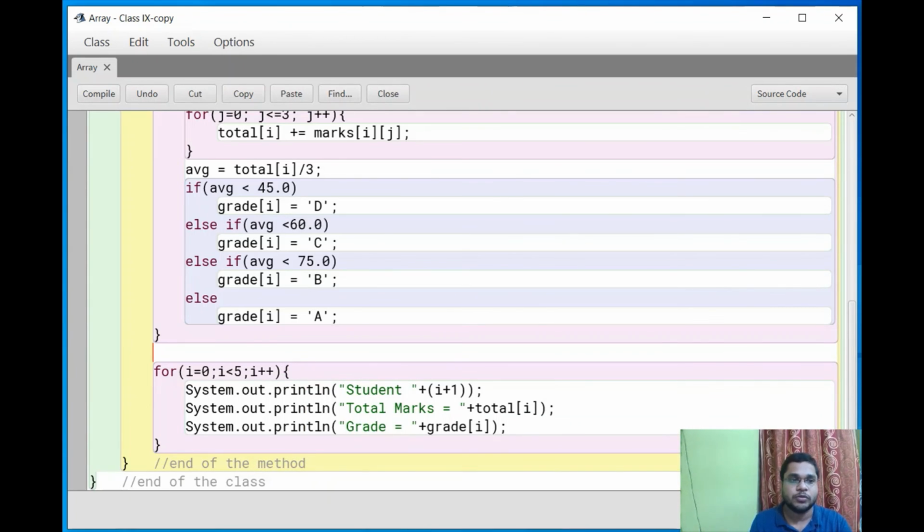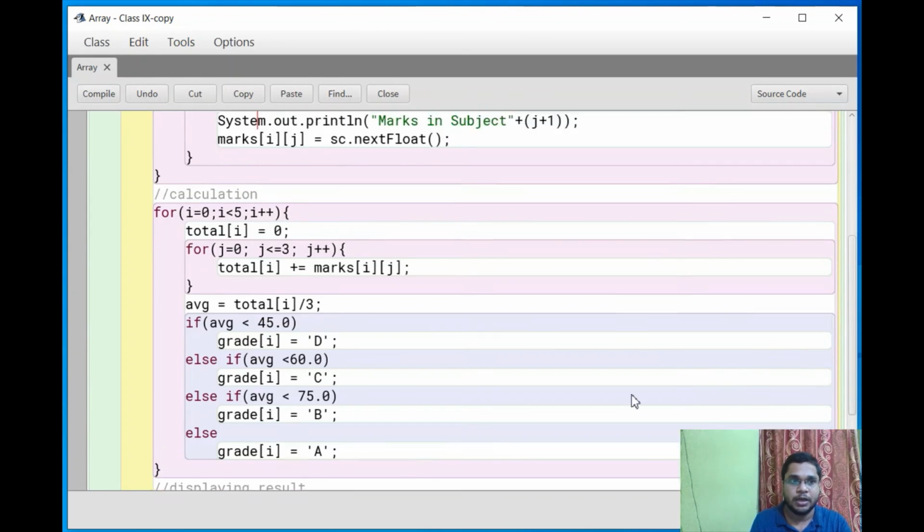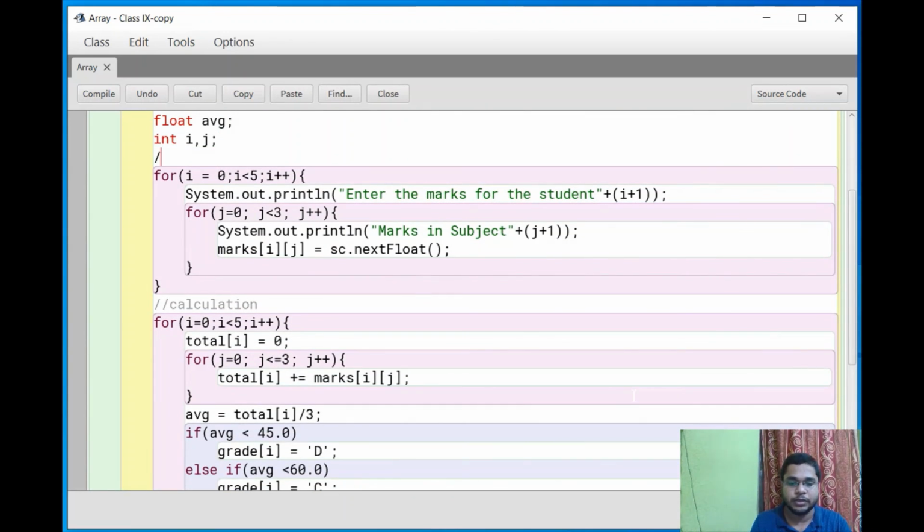So this is for displaying the result, this for loop is for calculation, and the first one is to input.